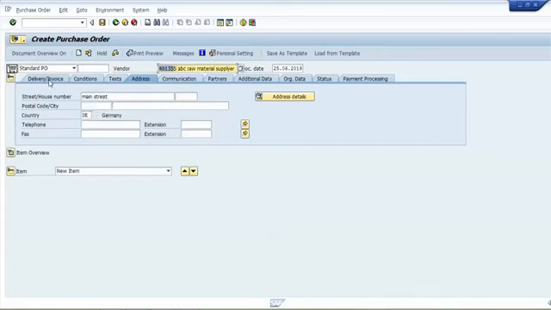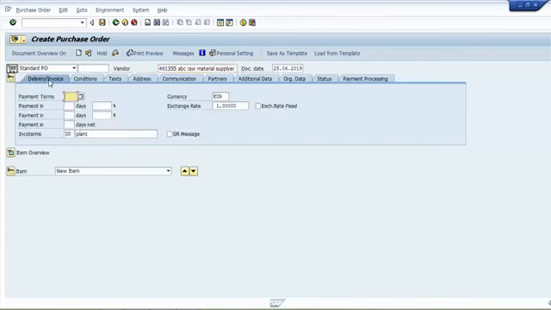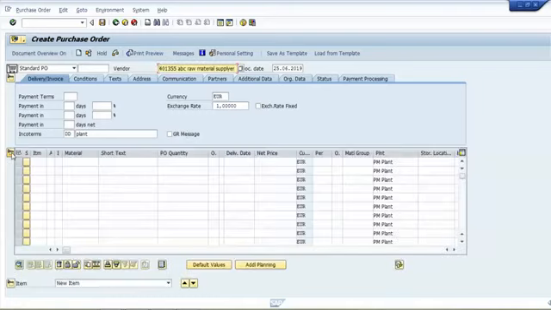Now second thing, I will click on the delivery / invoice tab. So this is Incoterms. These Incoterms we mentioned at the time of creating our vendor master, so the system has pulled that data. Okay. Now see, one more thing. I will expand this item overview button. There is the same button to expand and to close, that is, collapse.